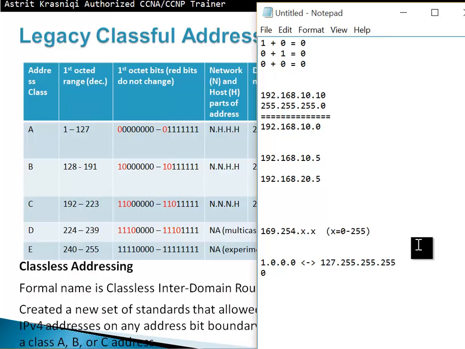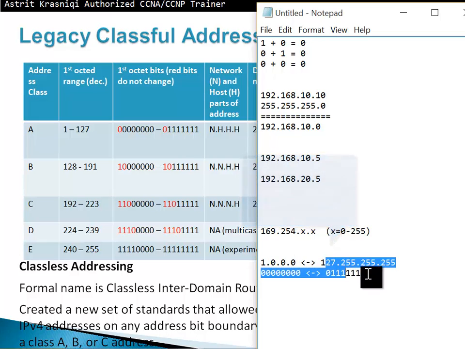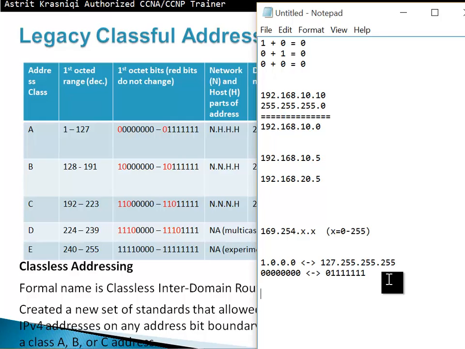Now, we have another 7 zeros, 1, 2, 3, 4, 5, 6, 7. And the range is up to, so we said the first 0 never changes, and then all ones, 1, 2, 3, 4, 5, 6, 7. So we use different combinations here from 0 up to when we got all ones, and that's 1.0.0.0 up to 127.255.255.255. Class B range is 128 to